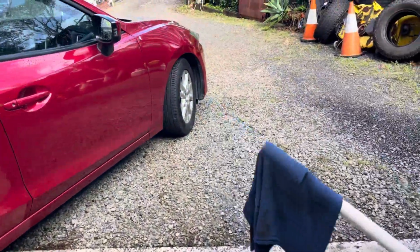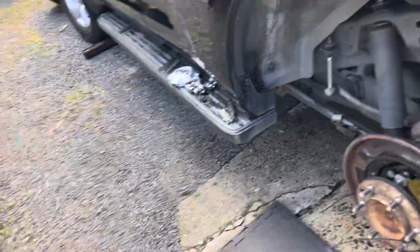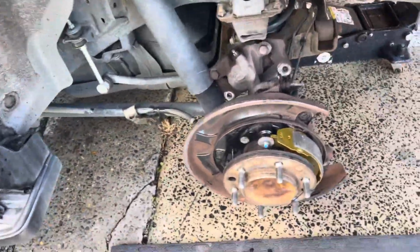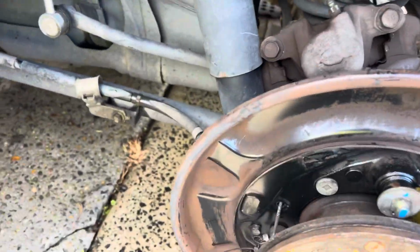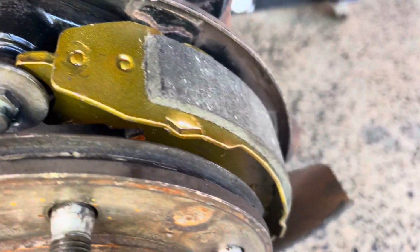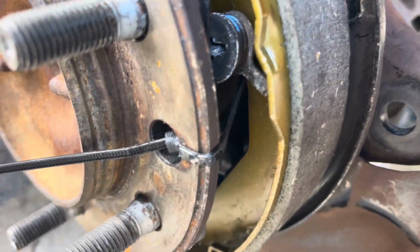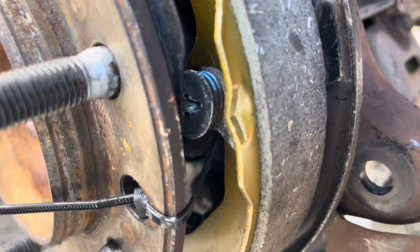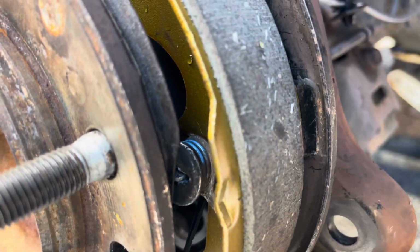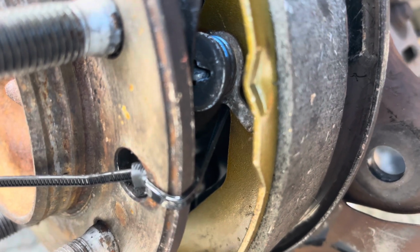Now what I've found, the best hack that I've worked out so far is to actually install the springs onto the pins beforehand with a cable tie through them. So then you've got your hands free to work on the shoe install and your dog bone and adjuster setup. Then at the very end, all you've got to do is snip that cable tie and pull it back through